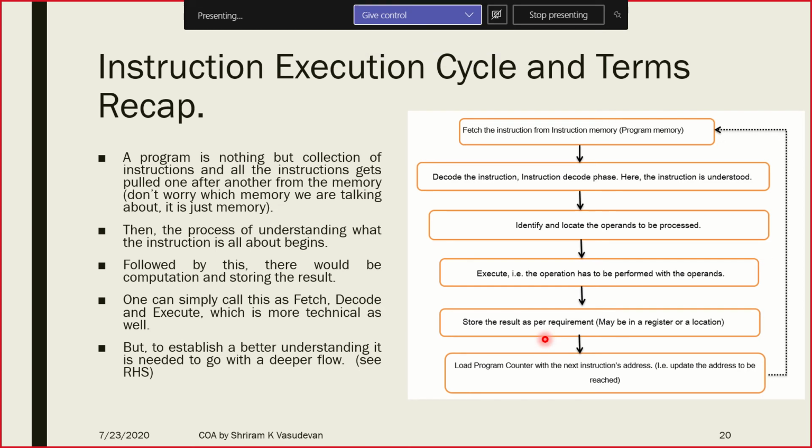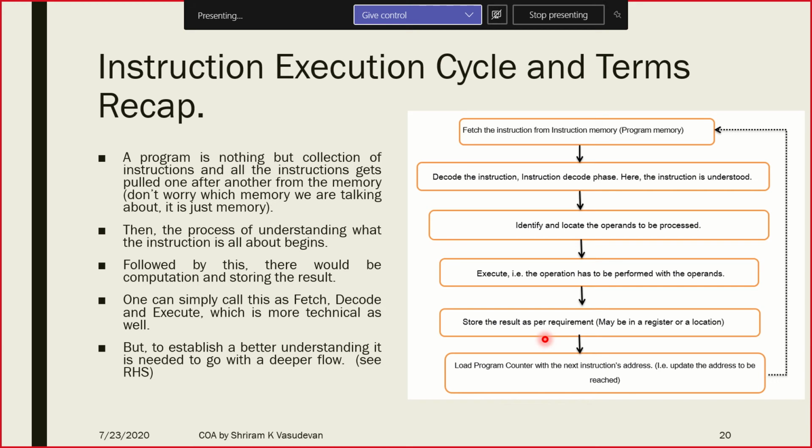It's now time for us to understand the instruction execution cycle and the terms related to COA. There are some things that we need to recap, and the first couple of sessions would obviously be that. So please be patient with me in understanding all these terms again, which you must already be aware of in some cases. Let's understand the fundamental terminologies that we need to know through this session, and by tomorrow we will go into the detailed understanding of COA content.